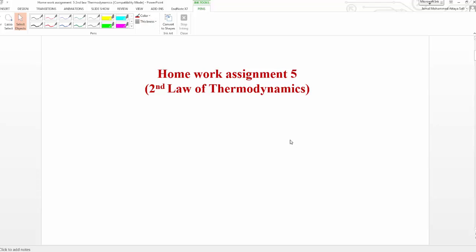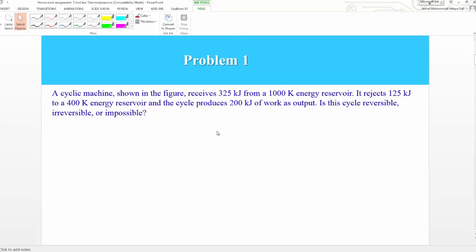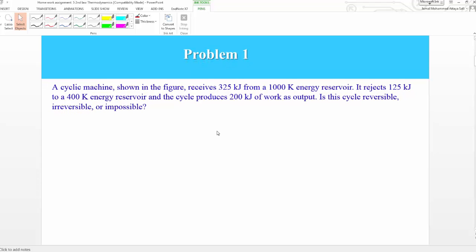Okay, let's start with homework assignment number 5, the second law of thermodynamics. Problem number 1 is giving me that I have a cyclic machine shown on the figure. I can draw the figure. The figure tells me that I have